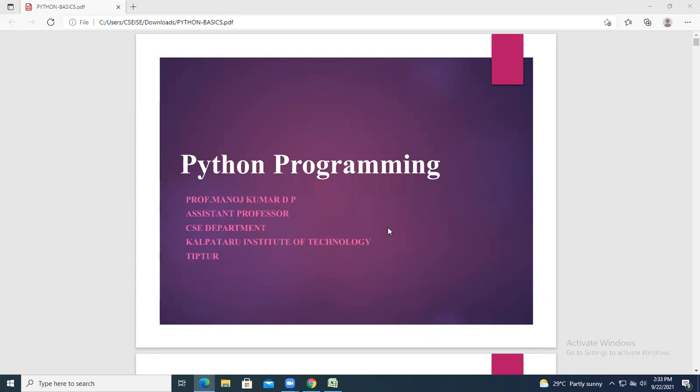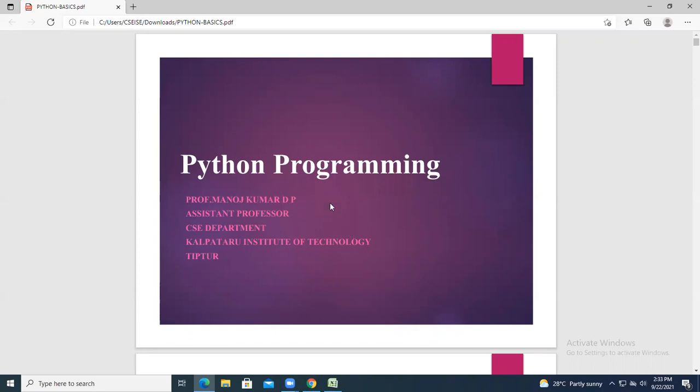So now we come to the backend part. Under the full stack, we have seen the front end development. Now for the backend part, the language you are going to see: in this backend, you will understand some of the basics of how to write Python programming, along with database connectivity. That will constitute the backend part. Under the full stack, the front end is HTML, CSS, Bootstrap, JavaScript, and under the backend you will have Python with database connectivity.